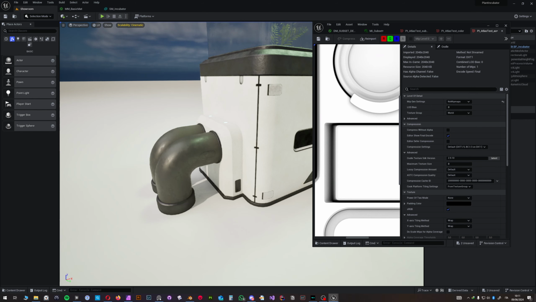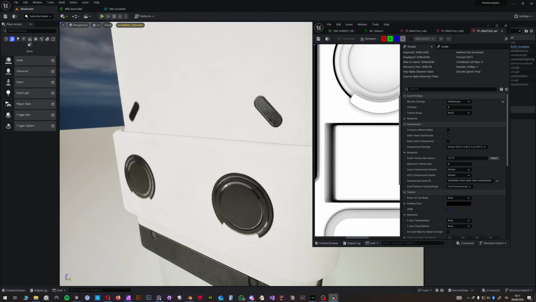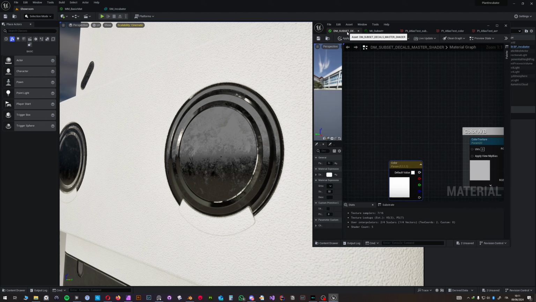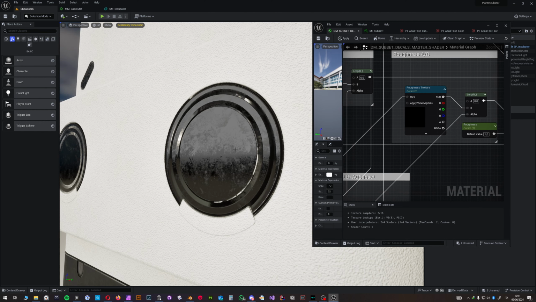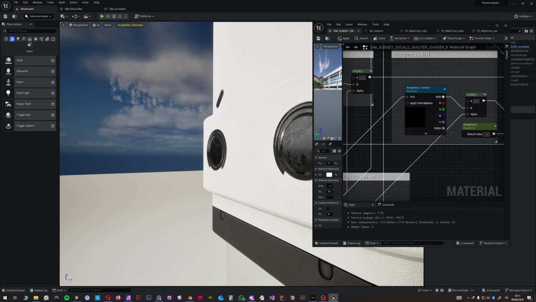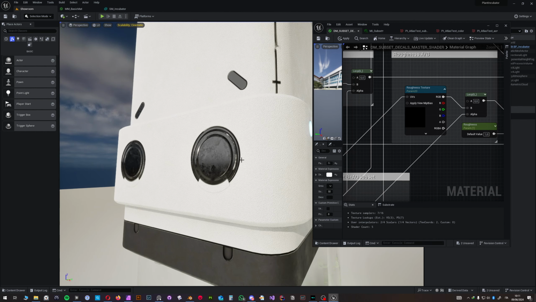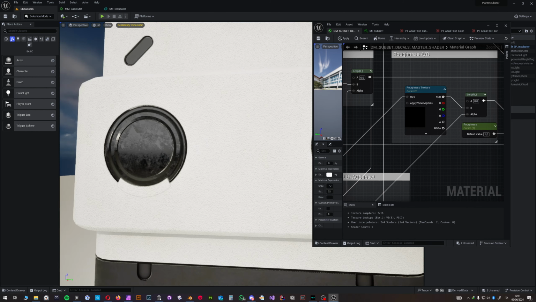Now everything looks good and dandy, and we can move on to the next thing, which was a roughness map for the subset. So if you remember, the subset used to look really flat. There was no roughness information whatsoever. Obviously, you could go into Substance Painter and grab the subsets and make them nice, give them some edge wear, give them some scratches. You can do all that, but